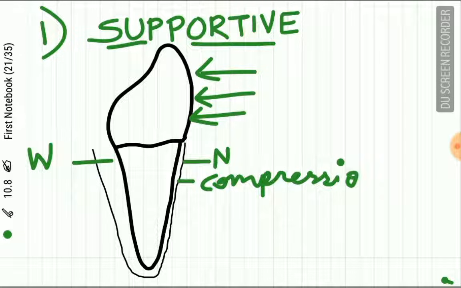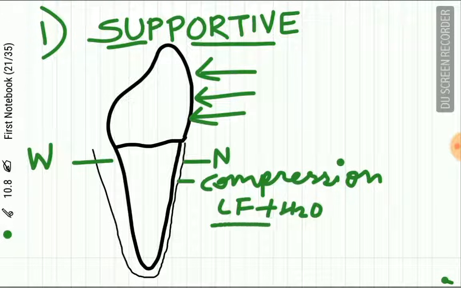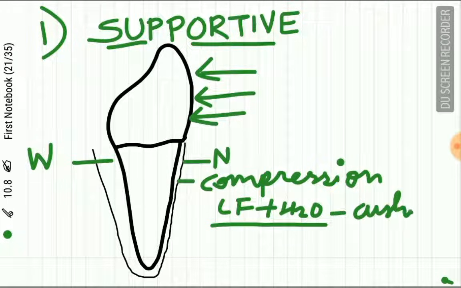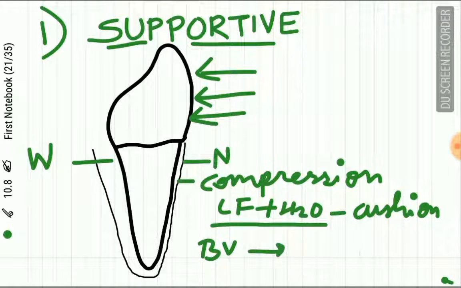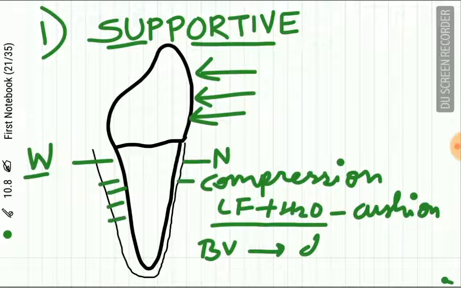Now, this compressed zone of the periodontal ligament contains collagen fibers and water molecules. This combination of collagen fibers and water molecules provides a cushioning effect to the tooth. Also, the blood vessels provide a cushioning effect to the tooth. Now, what happens in the widened zone? The collagen fibers in the widened parts of the periodontal space are extended to their limit, and these widened periodontal ligament fibers prevent the tooth from moving too far.